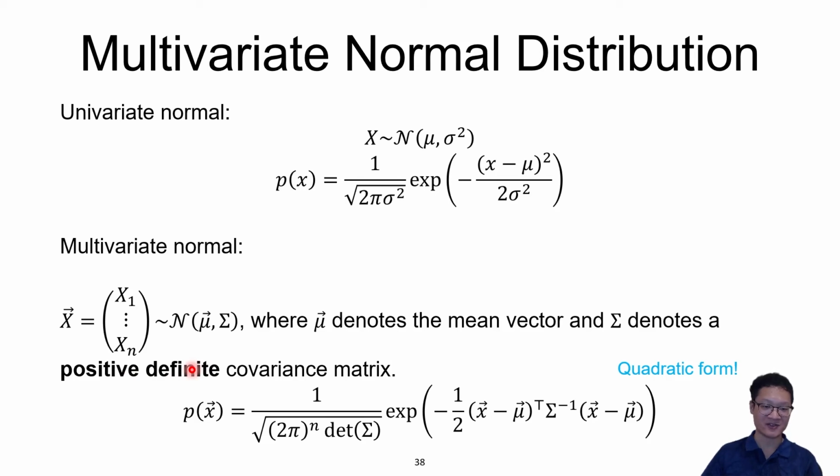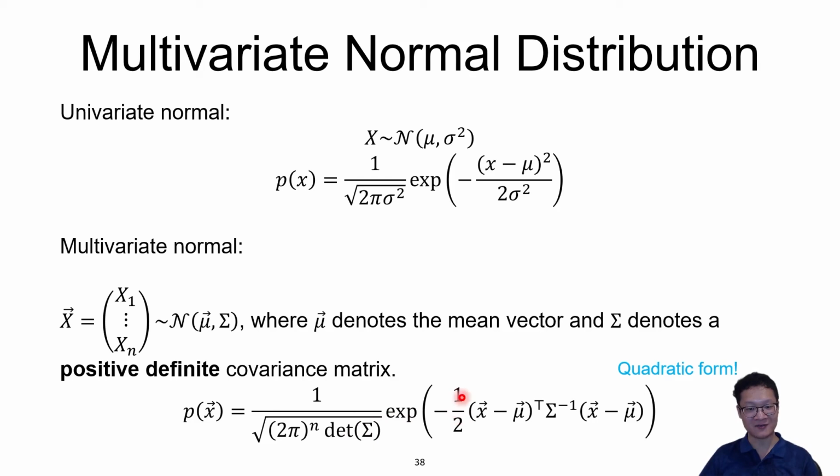Now we can see the generalization of this formula to the vector case. In front, we have 1 over, and honestly the front is not too important because this is just a constant, and the shape of the function is determined by the exponential part. The constant is there to make sure that the integral underneath the function is equal to 1. In the multivariate case, we have 1 over root of (2 pi) to the power of n times the determinant of the covariance matrix sigma,